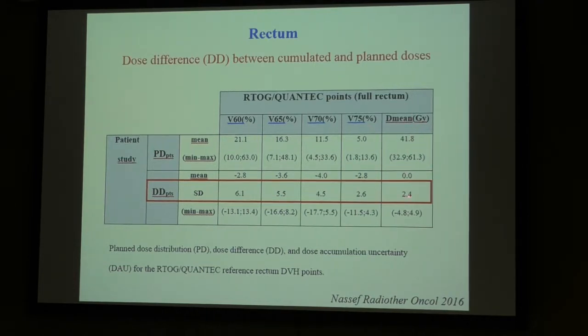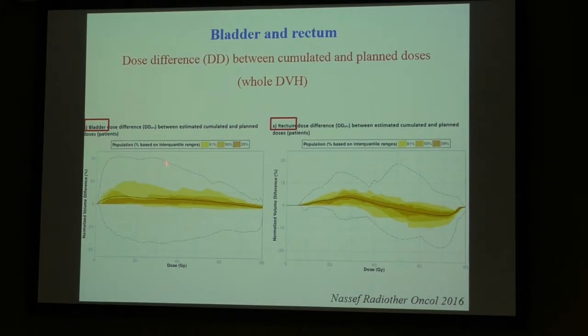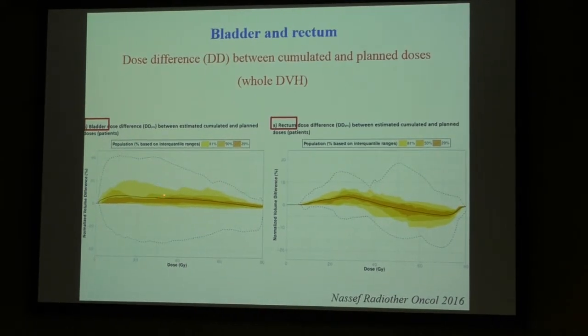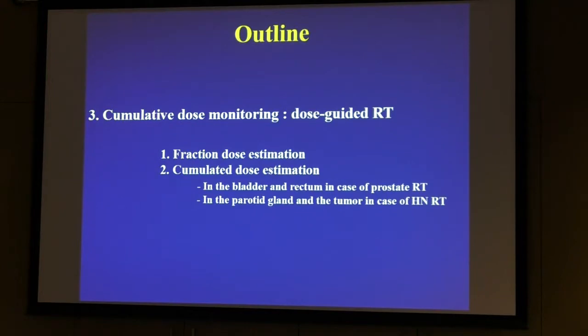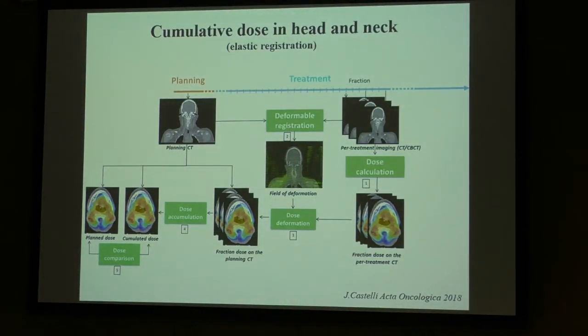We did the same thing for the rectum. Again, 2.4 gray for the mean dose, and for every endpoint of the DVH. By subtracting the planned DVH from the cumulative DVH, in this series of patients there are really differences. And for the parotid gland, this is the same story. We also used an elastic registration approach to accumulate the dose in the parotid gland,